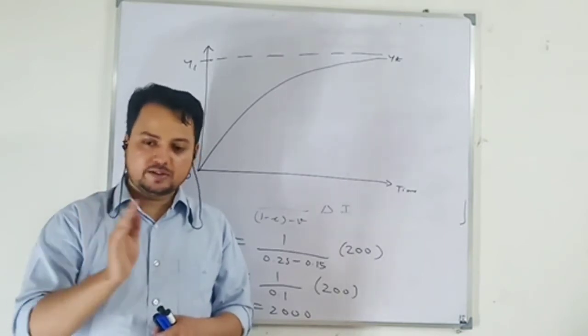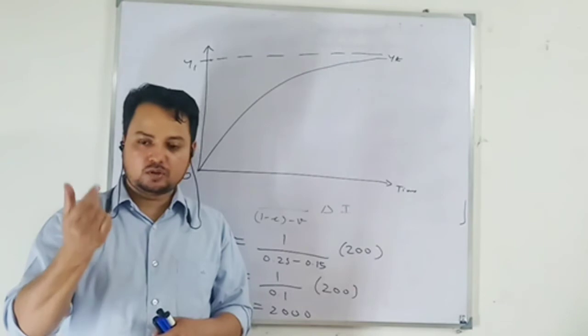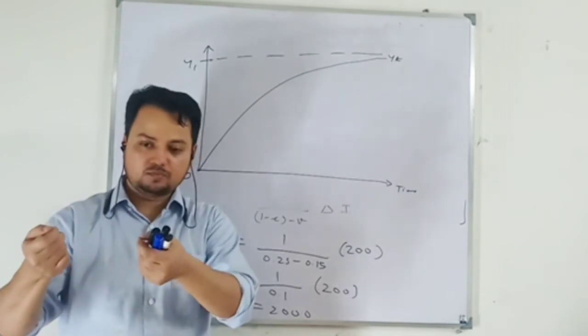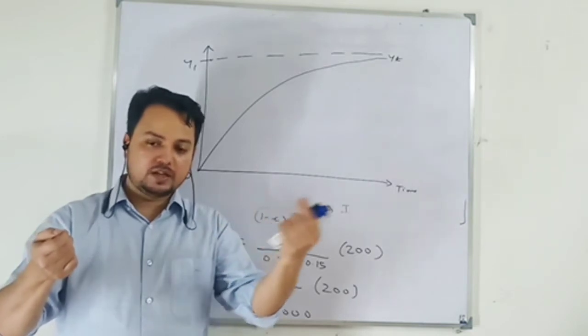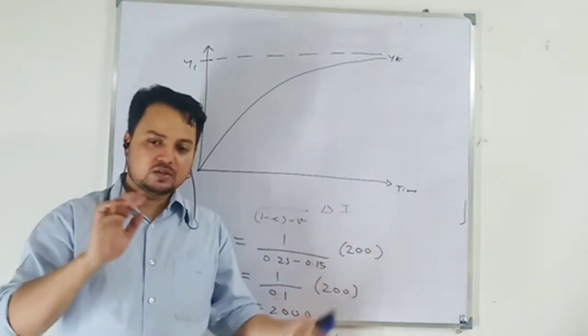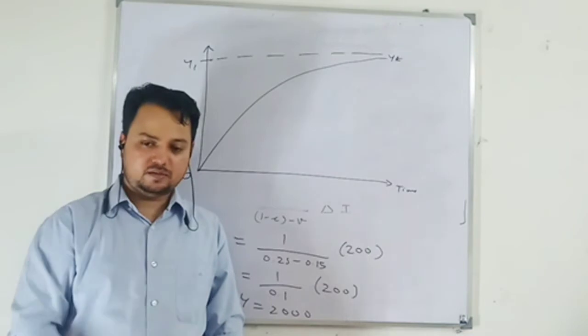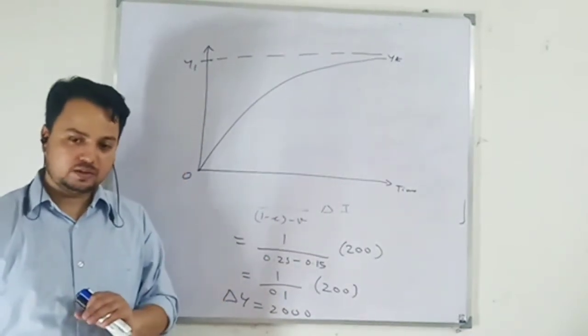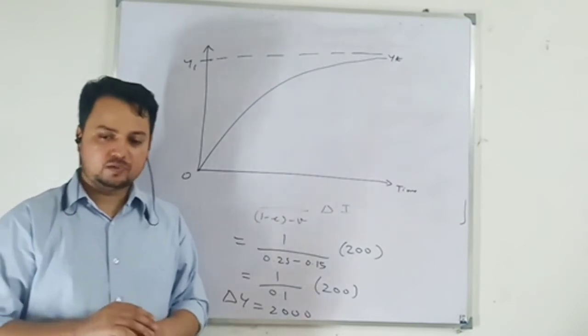As your aggregate demand increases through consumption, when your income increases, part of the income you consume and part you save. When you keep on saving, it is getting leakage from the system. It is not going into the system. Second thing,